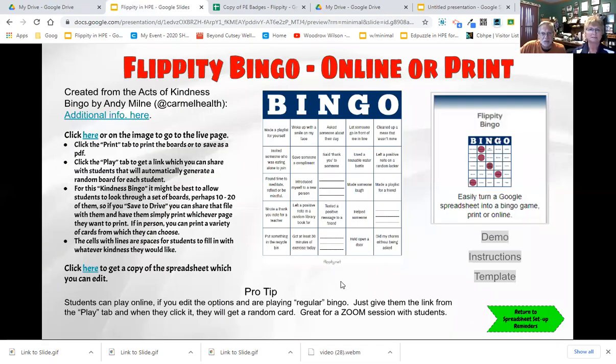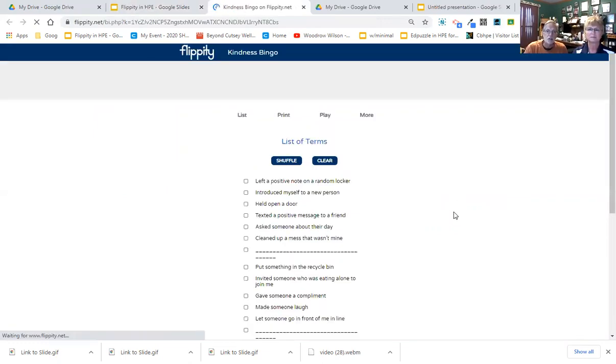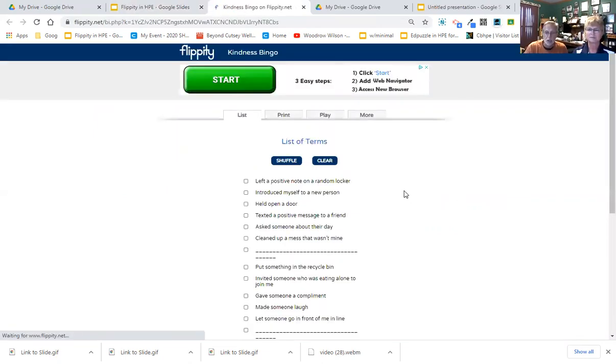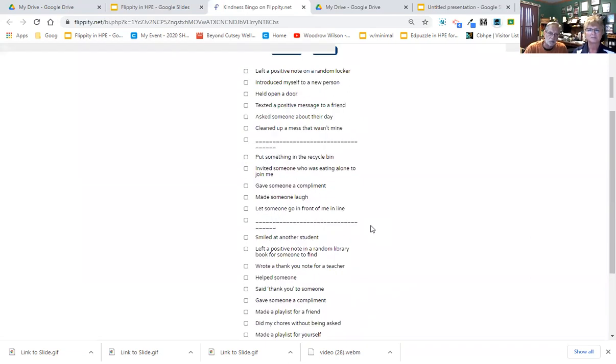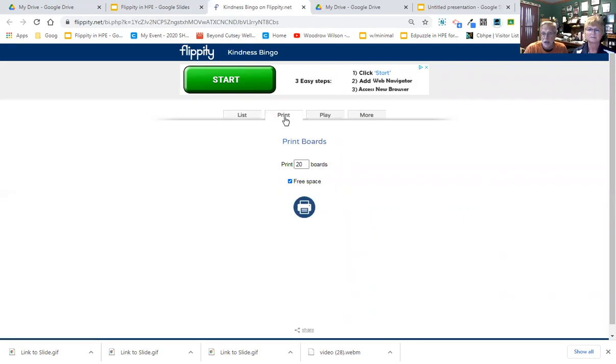All right. Next one is a bingo style game that students can play. Again, you're starting to get to understand how this all works. This happens to be an example that Andy Milne shared that he uses with his class on kindness, acts of kindness. And here you have the list of terms that can be included in that bingo card. You have the ability, obviously, you've got to print that out for the students. So you have the ability to